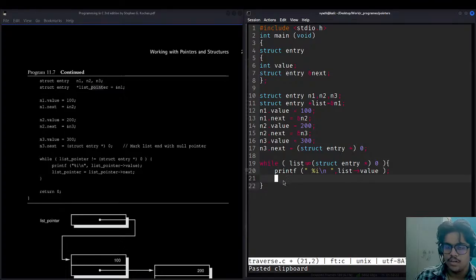Okay, so we have printed now. List is equal to list, we are accessing the next member. Since it is a pointer, we will use that again. Next. It should work. Return 0.